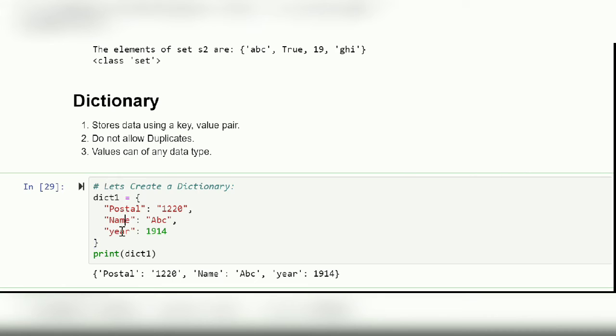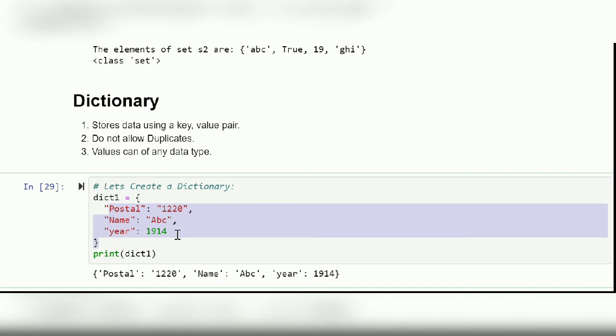So I'll create a very simple dictionary here, dict1, and then I have created some keys like postal, name, and year, and then these are the values. The value of postal is 1220, name is ABC, year is 1914, and so on.